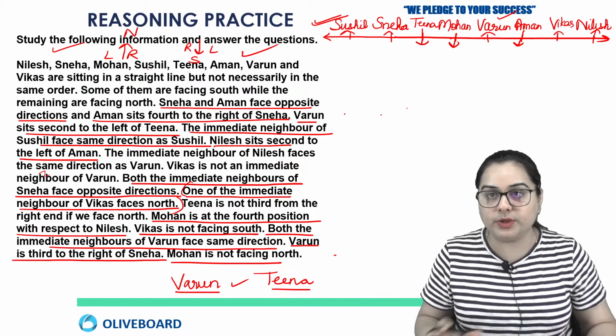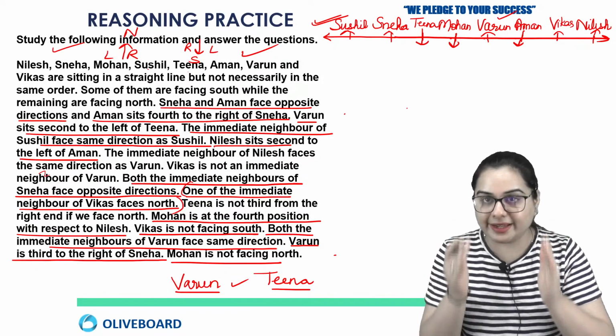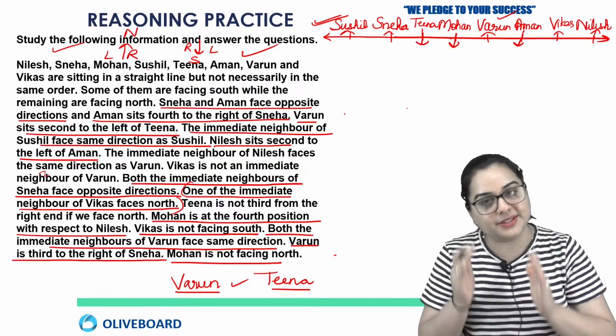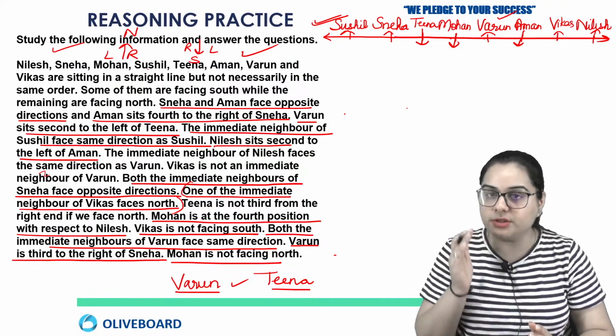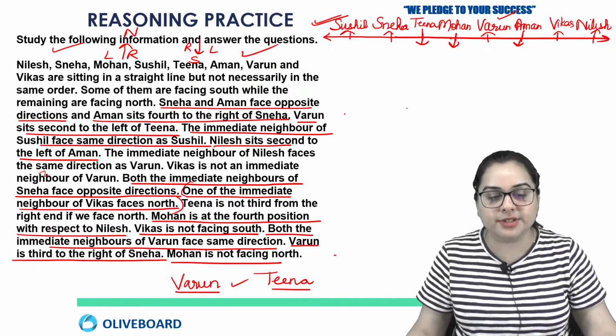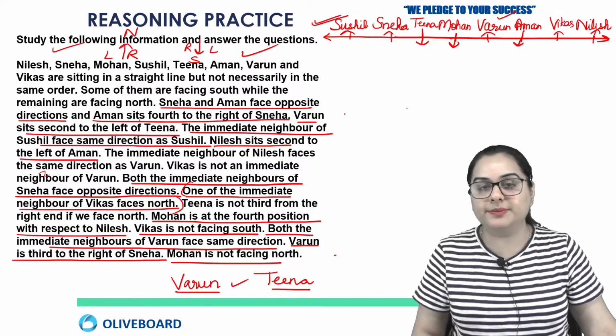Okay, next is, so we have solved the whole solution. We do not need to look for any other information, because now I can see my solution. I know the facing of every person. Also, I have positioned all the persons. So this is your complete solution. I hope this is clear to all the students. Kindly confirm in the comment section, is this clear to all?